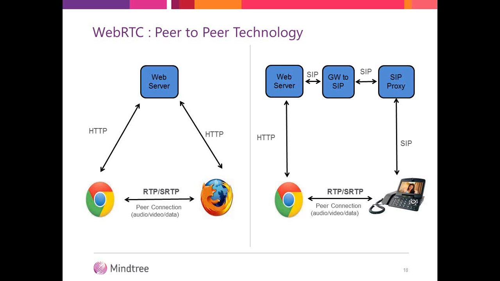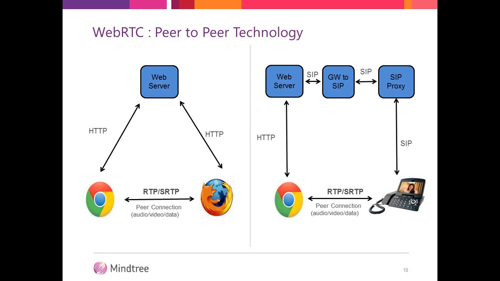The idea behind keeping signaling out of the WebRTC specification is that you can use any type of signaling. You can address your IP-based phone devices, where the signaling is SIP-based, or you can address a lot of vendor-specific devices where the vendors use their own signaling protocols. So this is how